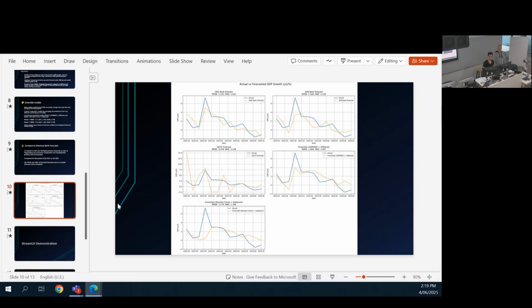And here are our results. In the top left, we have ANZ's forecasts compared to the real GDP, which is in blue. We have the ASB forecast on the top right, OECD forecast middle left, the SARIMAX XGBoost model forecasts middle right, and the Random Forest and AdaBoost forecasts at the bottom. The SARIMAX and XGBoost model outperformed OECD and ASB's bank forecasts in terms of accuracy, but was slightly behind ANZ. And the Random Forest and AdaBoost ensemble model was slightly less accurate than ASB and outperformed the OECD forecasts.